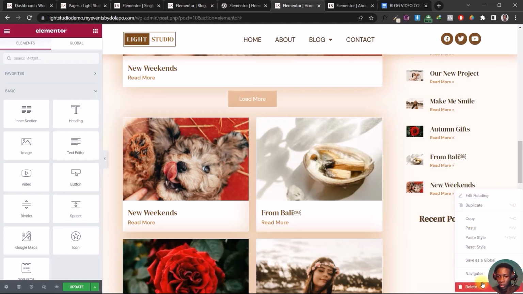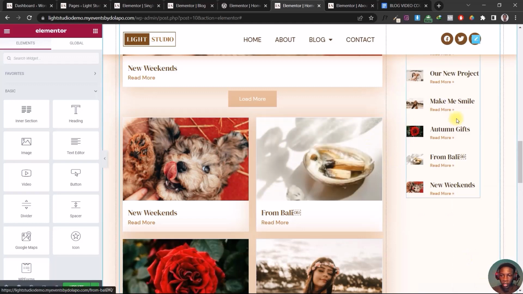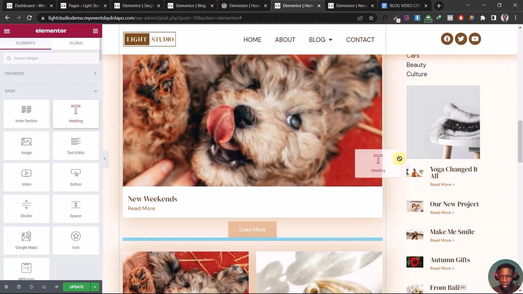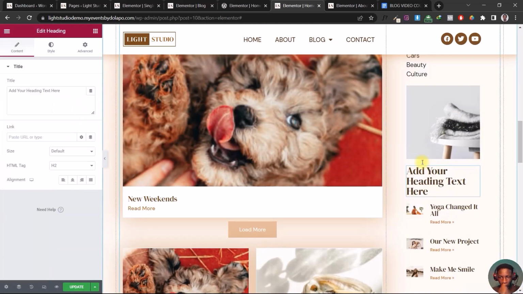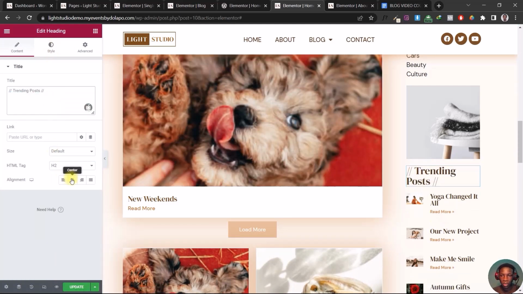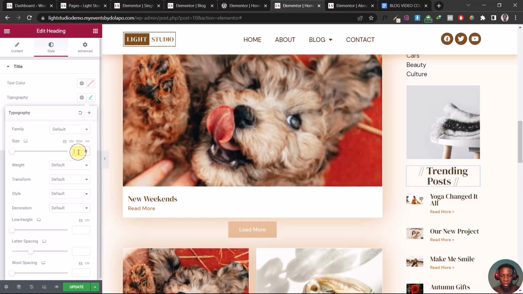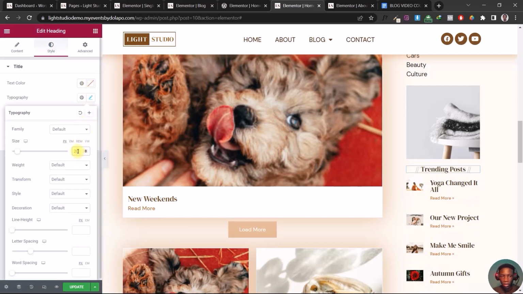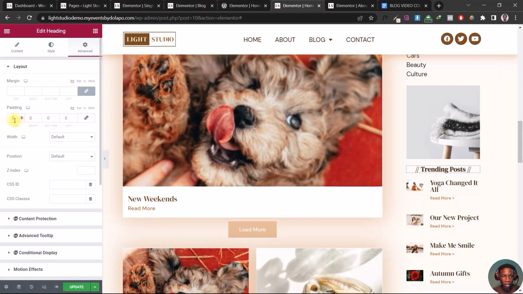I can recreate it. So once I do that, then I can just scroll here, then add this heading text there. Since I can add it that way, I can just paste my text here, trending post, so center it. Then here I'll put it to be 20. Then the weight will be 600. Then I'll add the padding to the top there so that the space